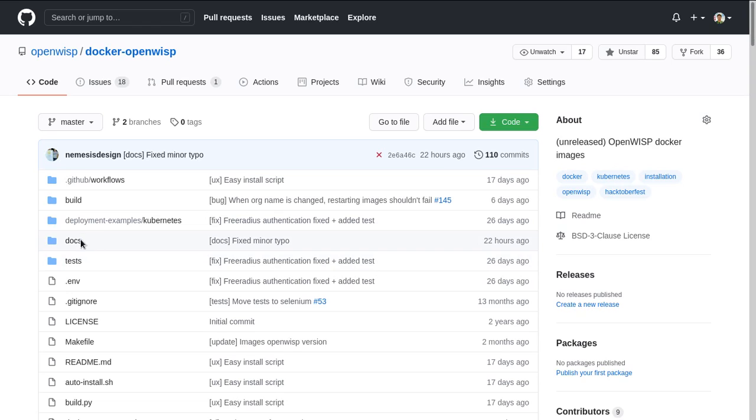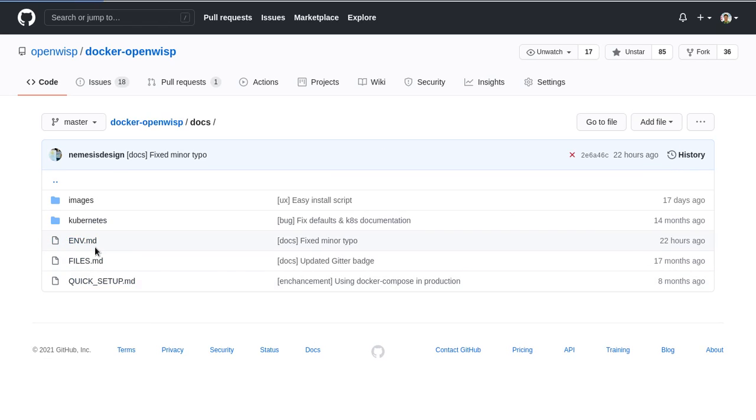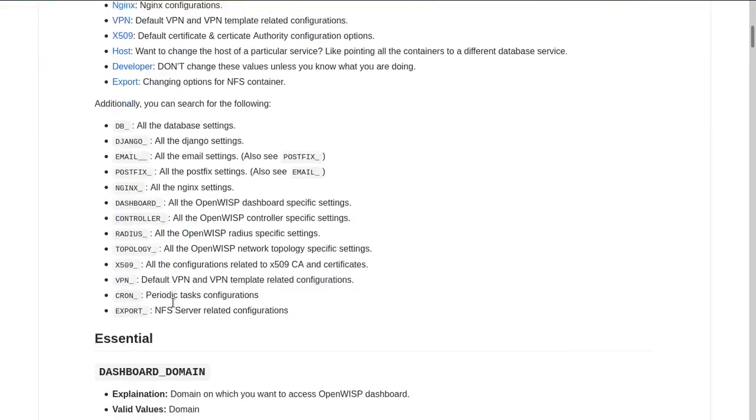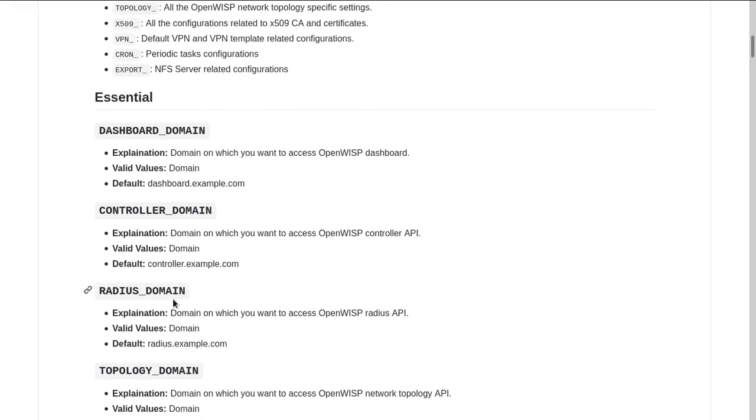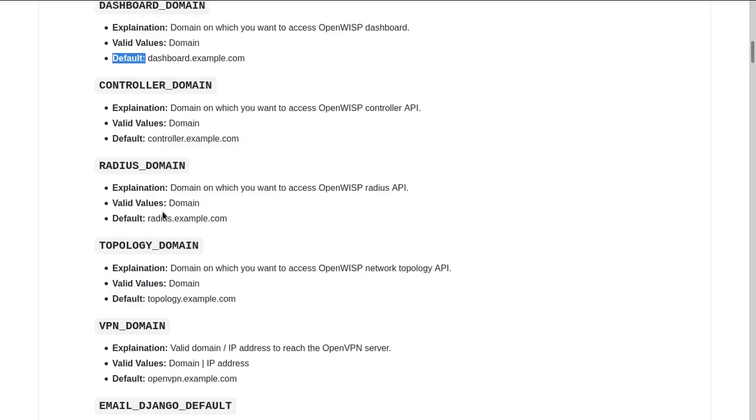It has a lot of options, and to help you with these options, I have added this .env.md file, which gives some information about all the variables. For example, all of them have a little bit of explanation, the valid values that it's expecting, and the default that we have added.